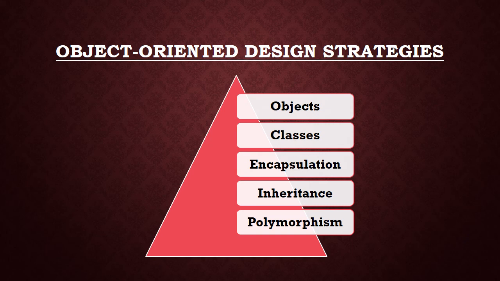Then the next concept, we have encapsulation. Encapsulation means that the data and the objects, together with their functions and methods, are wrapped up into a single unit. For example, if we have a class, say BCA, then all the students of this class are the objects, and when we combine all the objects with their class, it becomes a complete class. That means we are wrapping up the entire objects together with their data structures and their methods into a class and forming a single unit. So this is the process of encapsulation.